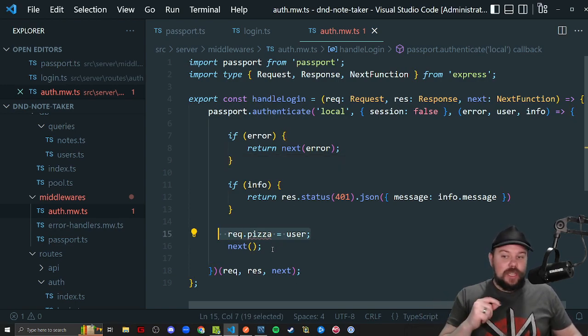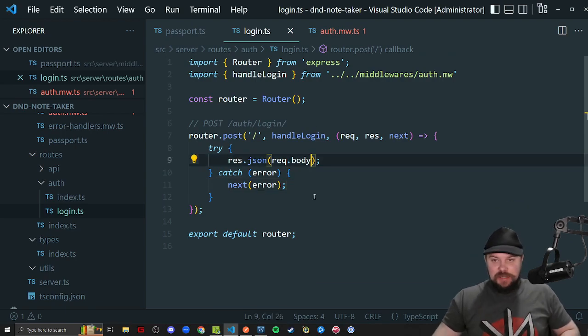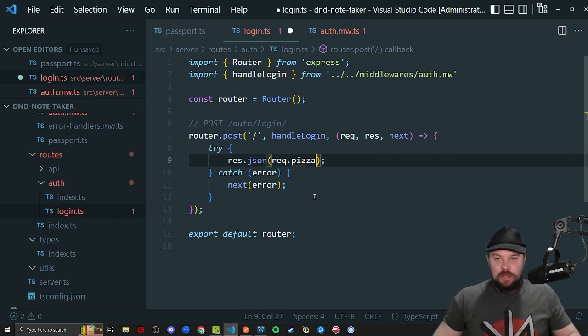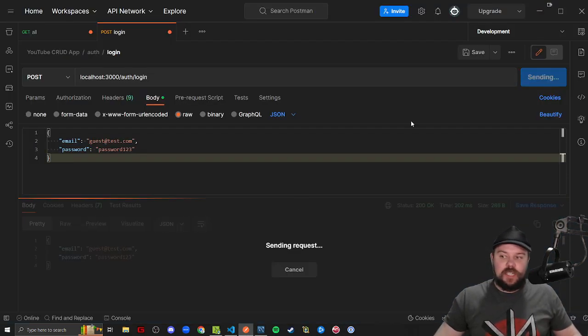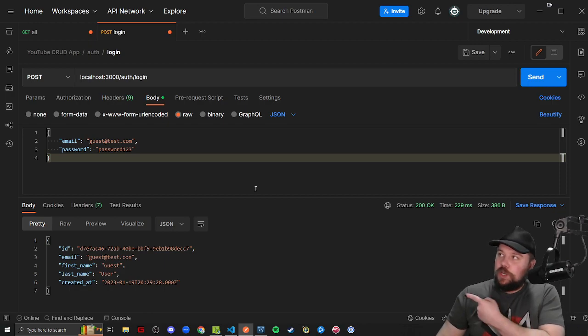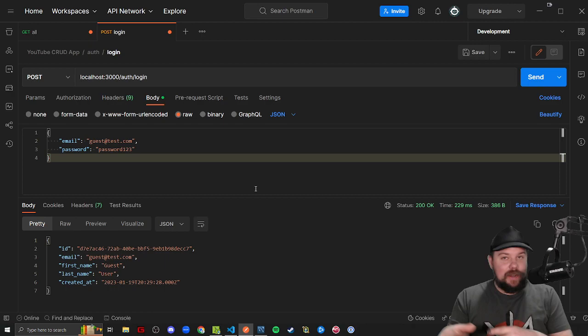Well, we should theoretically be able to access this request pizza property after any step that comes after this handle login middleware, which is this endpoint right here. So rather than sending back the request body, let's see if the req pizza looks like anything familiar to us, right? I'm now going to send this response on a successful login attempt. And wouldn't you know it, that is the information from our database. That is the, minus the password,